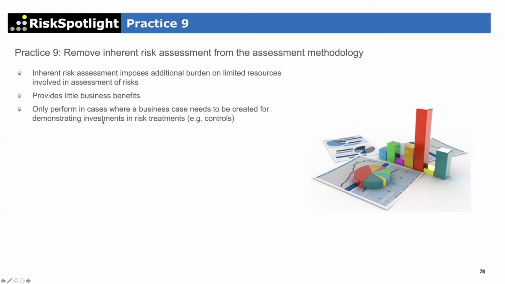So the only place where inherent risk assessment is important is when you want to create a business case. You want to say that, okay, we need to invest another $5 million on improving our cyber risk related controls. Then it makes sense to show that right now our risk exposure is 350 million pounds if there was a worst data breach. By investing 5 million, we will be able to reduce that maximum impact. Then it makes sense to do inherent risk analysis, but it should be part of that business case.